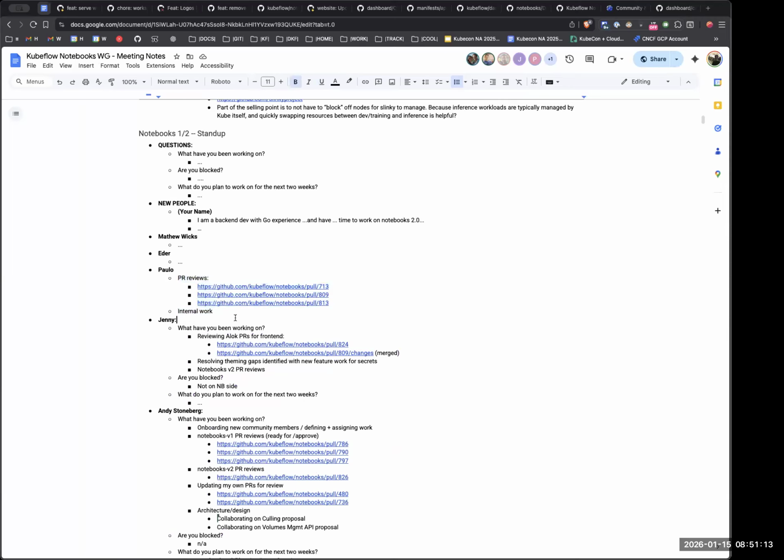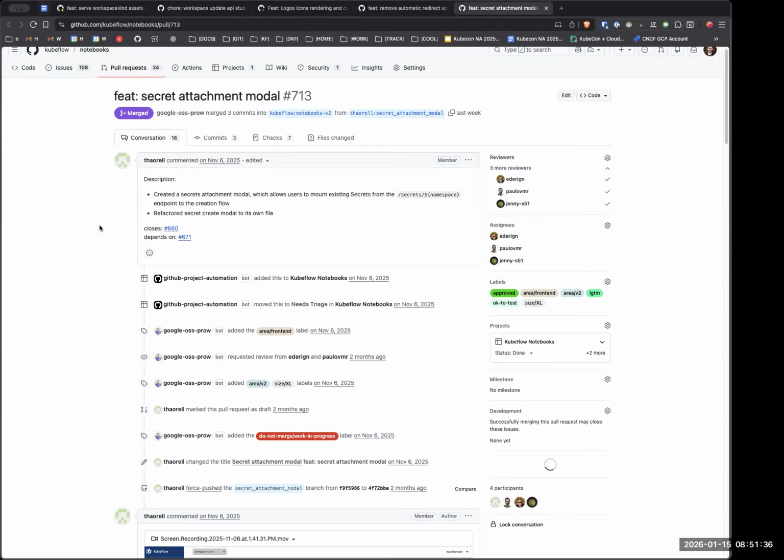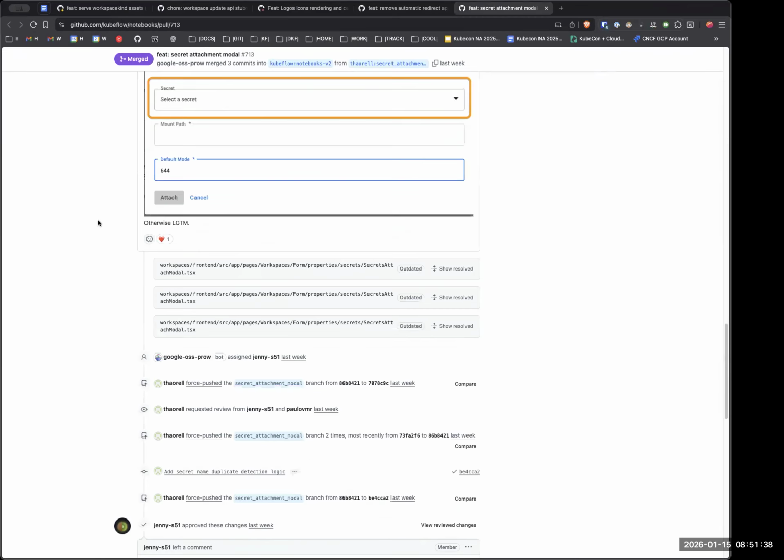Okay, yeah, mine is quick. I just did some PR reviews in the community scope, and I'm still working on internal Red Hat tasks, so nothing much to report there. So this mainly is what type of these are just front end things, I guess. Yeah, those are front end for secrets mostly, and also community PRs from Alok that has been sent some PRs.